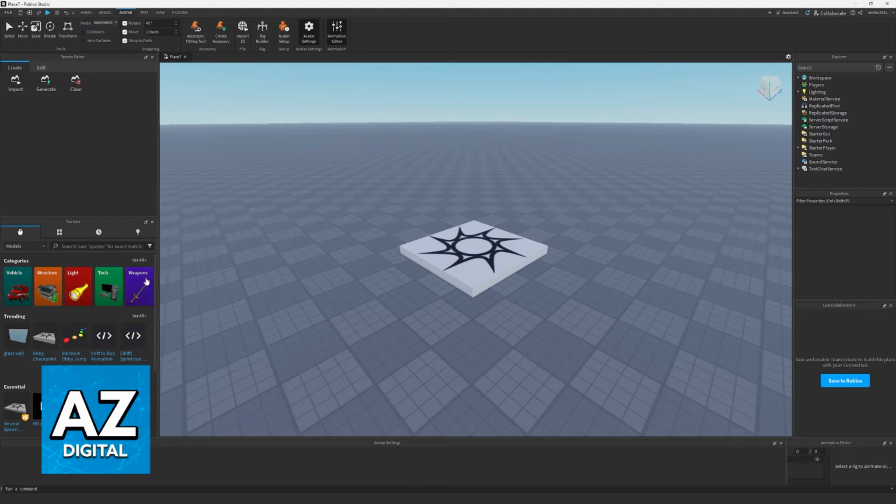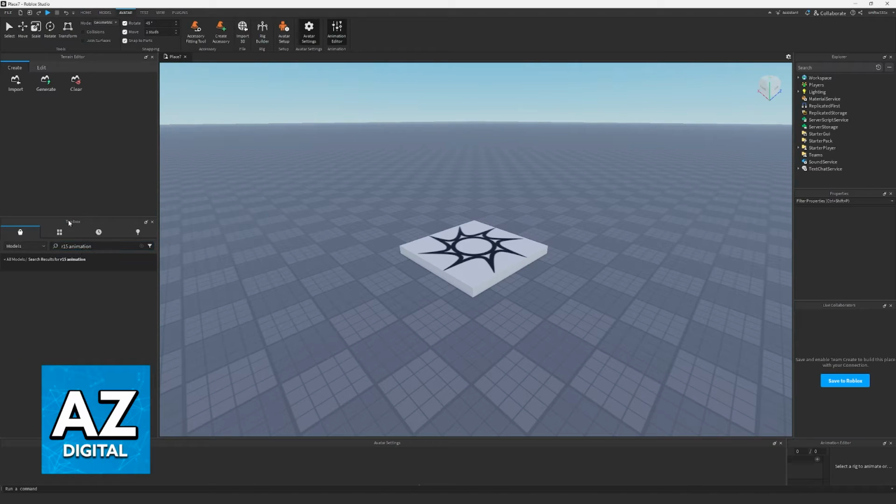Before I start, I want to make it very clear that I'm going to teach you how to use animations available on the toolbox. I'm not going to go over the whole process of creating a custom animation from scratch because that takes a while, and for a video of this length, it's impossible for me to show you the full process. But it is still going to give you the general idea on how to apply an animation that you acquired from the toolbox or that you've made yourself to a rig.